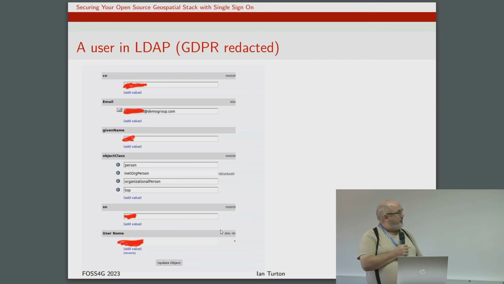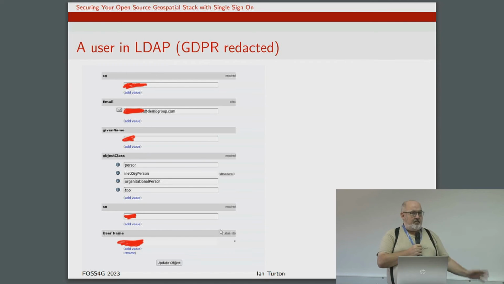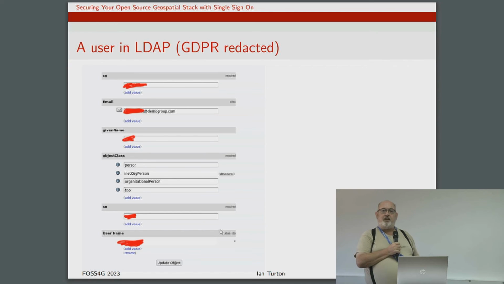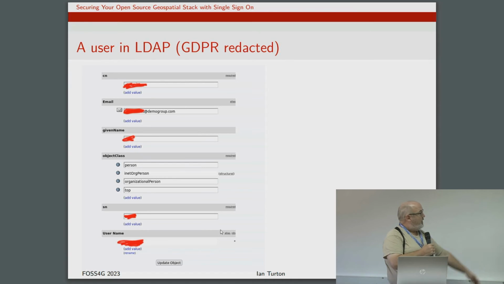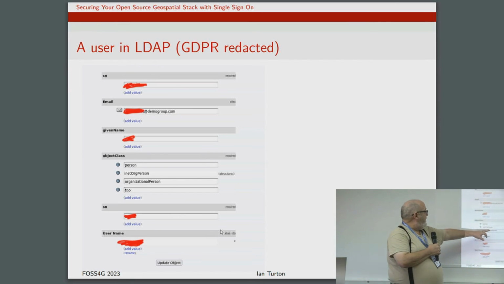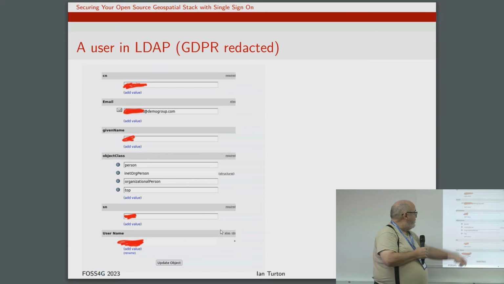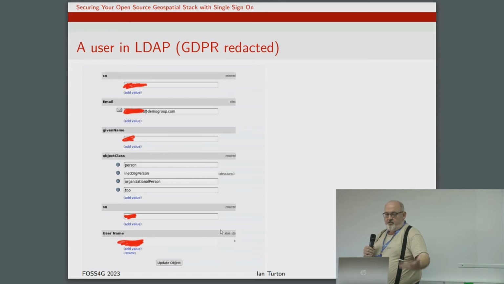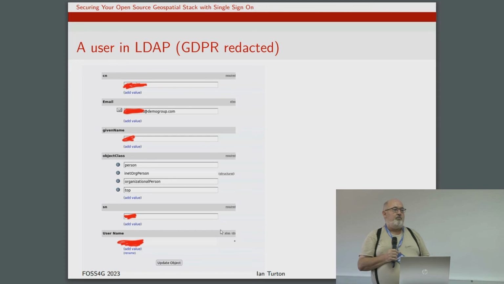That's a user in LDAP. I set up a completely separate thing so I wouldn't give away the client's identity, and then realized that all the users had their identity in the email and things. But basically, for anybody who's really interested, you model these as a stack of types. So person followed by internet organizational person, person followed by organizational person. It's just LDAP's way of composing various templates together to make a sensible object.